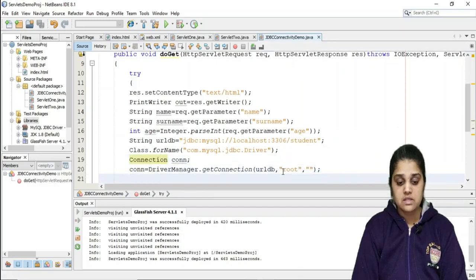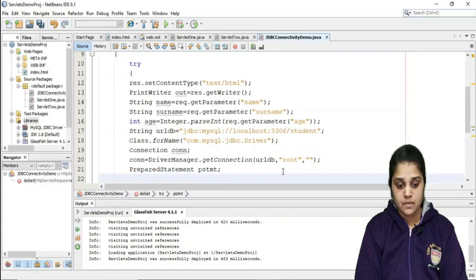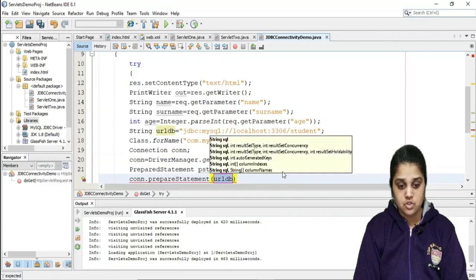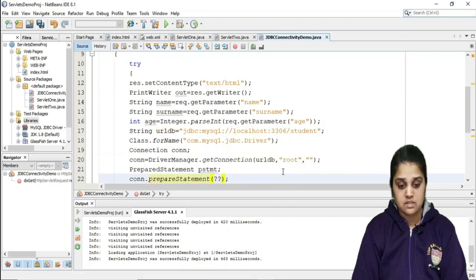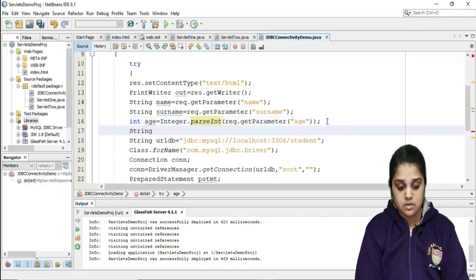Now it will be very easy if I use a prepared statement here. Now con.prepareStatement, in which I will give my query, which I have not yet specified. Let me write a query here. I want to insert, so string SQL is insert into stud values question mark, question mark, question mark.